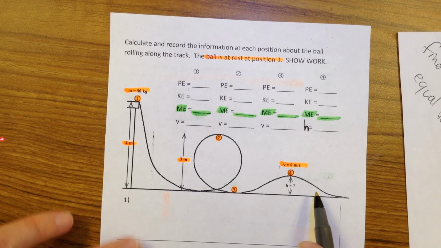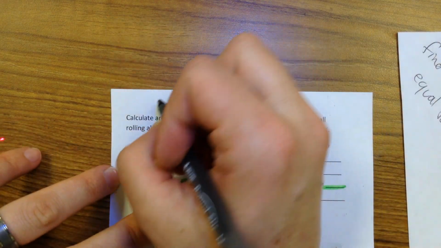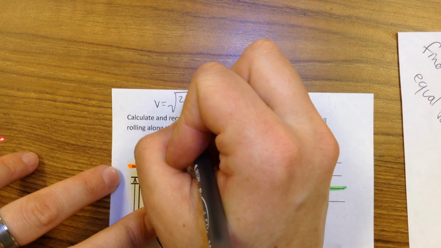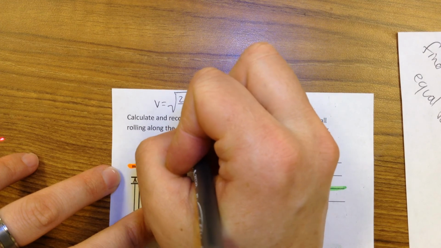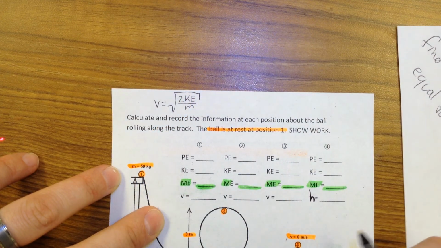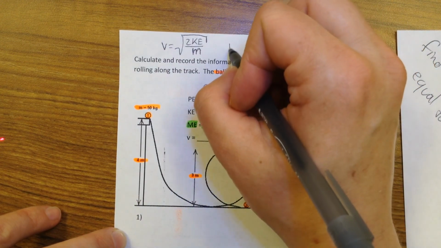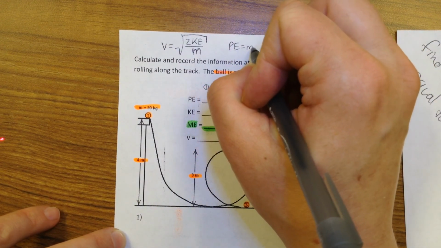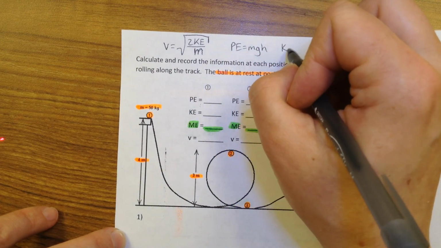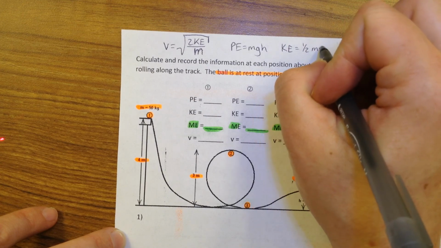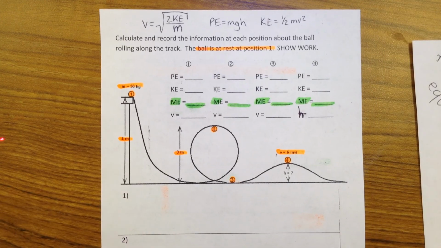Using your formulas that are provided for you, it might be helpful to know that velocity is equal to the square root of 2 times the kinetic energy divided by the mass. That's going to be a helpful formula for you. Remember, potential energy is mass times gravity times height, and kinetic energy is 1/2 mass velocity squared. If you can do this worksheet all by yourself, you are ready to take